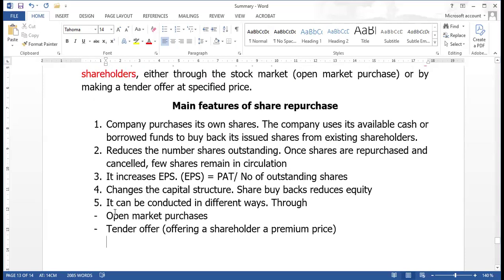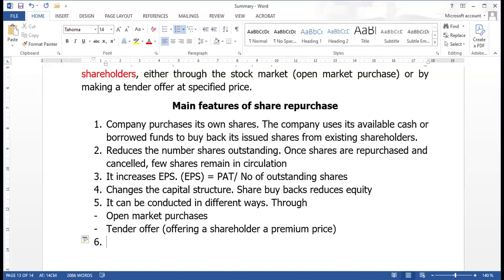Remember here you are trying to gather marks. You're really trying to gather marks. Write what you know. Write what you know about share repurchase, because these are main features. Whatever you write, as long as you defend yourself, you will be correct. But we can maybe try to say that